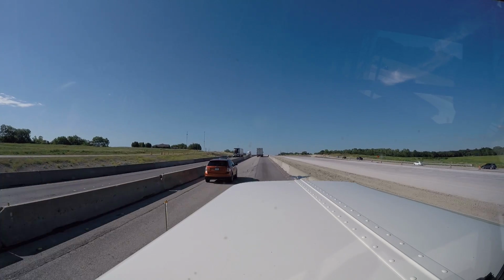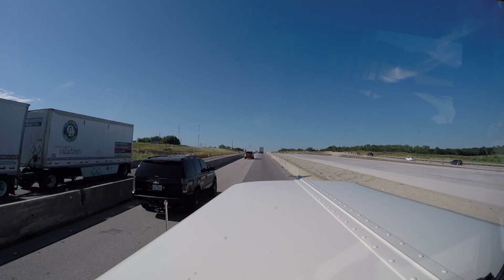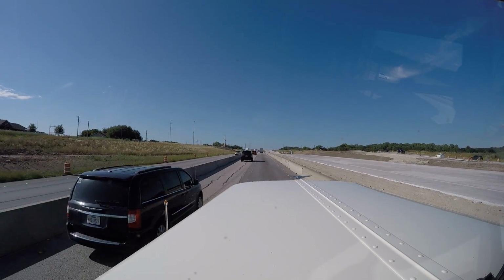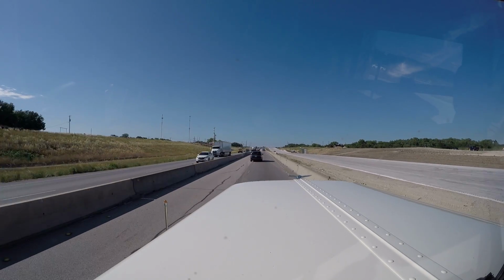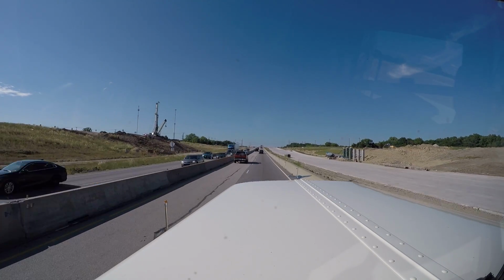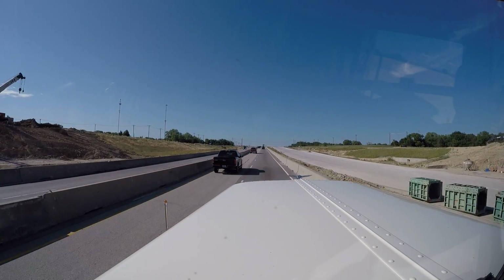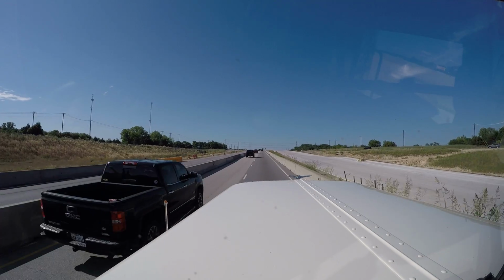Because I got 1,090 miles I got to cover between now and 8 o'clock Friday morning. It is 5 o'clock on a beautiful Wednesday. So time is of the essence. We need to run about 400 miles of it today, and it's going to be hard to get that done with doing this stuff. But anyway, so the tire pressure monitoring system, we're going to keep a close eye on it